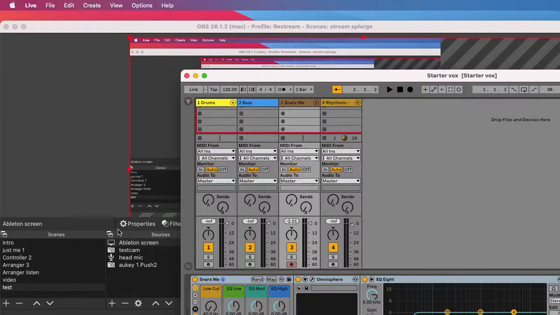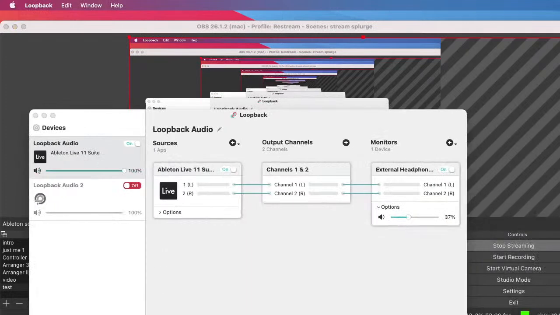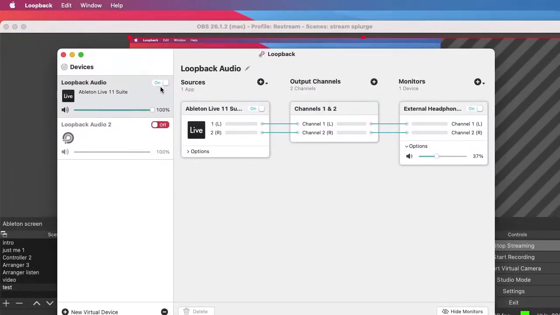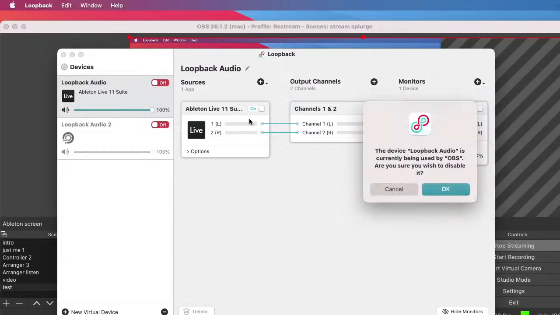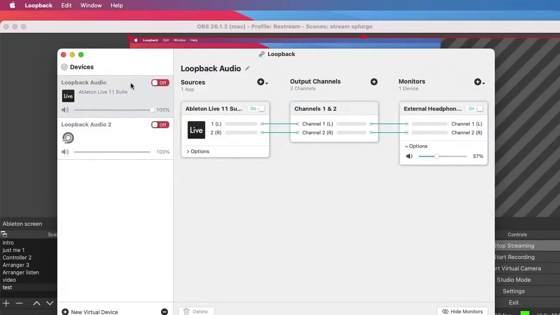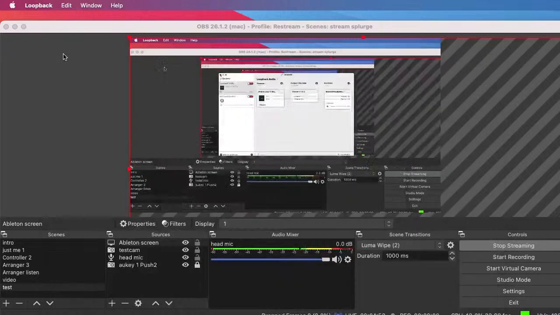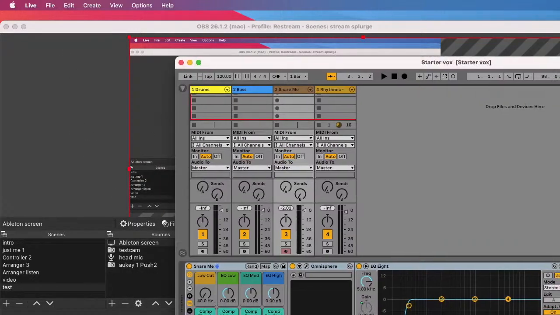Now, what we want to do is to see if we have to use OBS, we have to use Loopback, don't we? So this might mess up my settings. I'm going to turn off Loopback. You can see that, can you? I can see it, yeah. So I'm turning that off. And now, can you still hear my voice? Oh, you're on the phone anyway, so it doesn't actually matter. Right, so